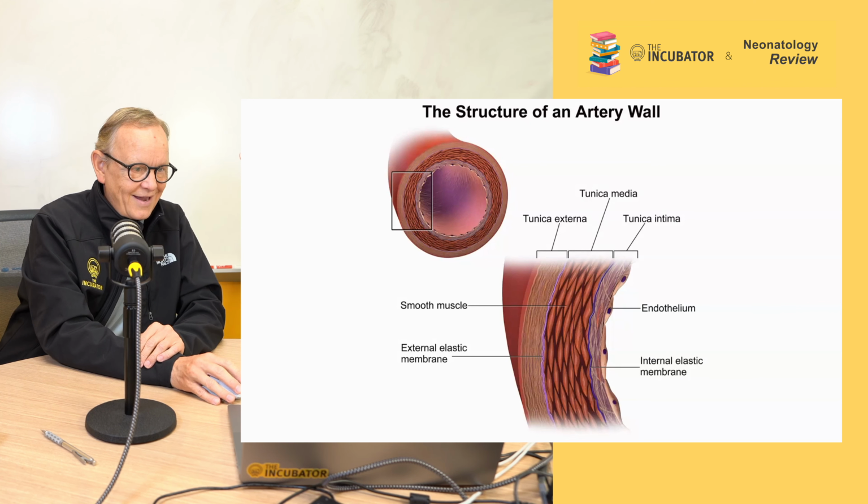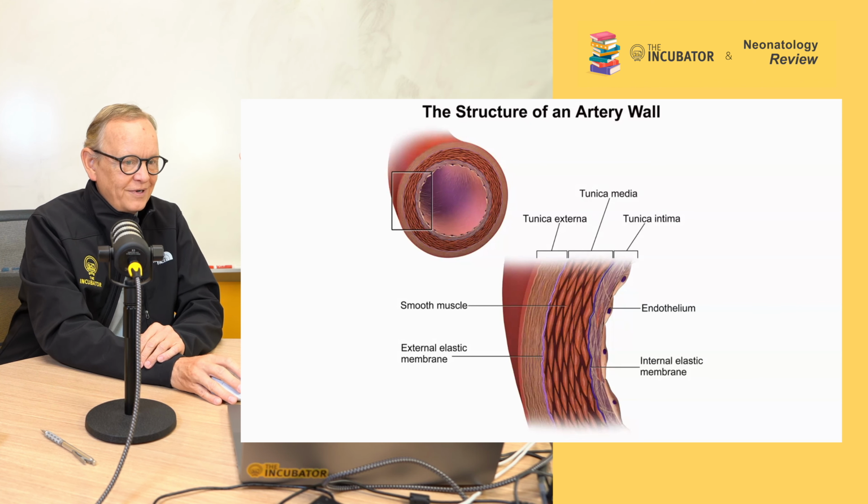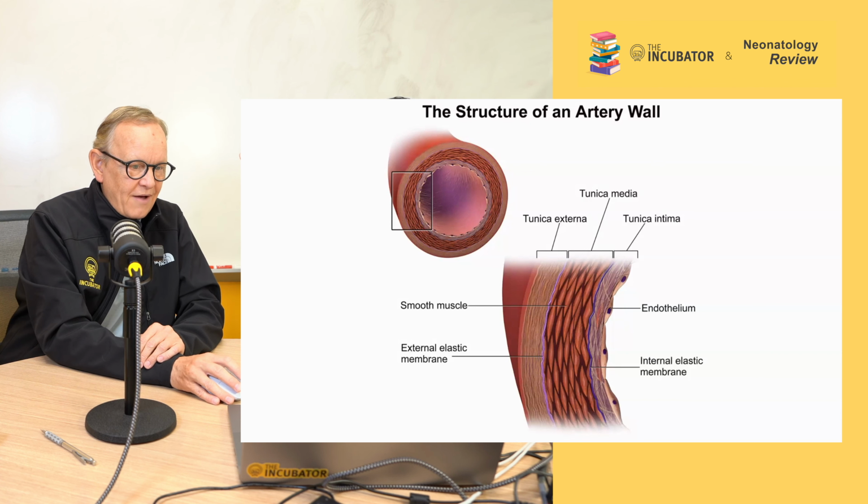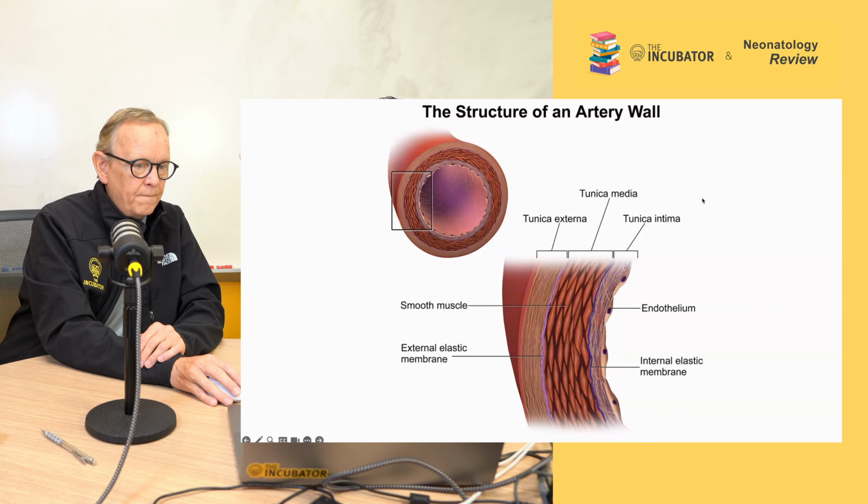Anyway, so review arterial wall structure real quick. You have the tunica intima, which is the inner layer, the tunica media, and the tunica externa. The ductus has the same thing, and it turns out that